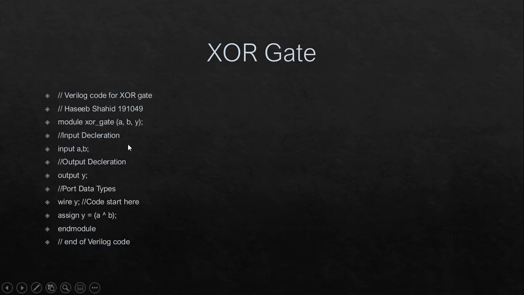Next we will be going towards the XOR gate, and the XOR gate is a very important gate, and it has vast applications in various types of coding designs. So in the XOR gate, as is clear from the truth table we discussed in our previous lab, the XOR gate gives us high when there is a difference in inputs. When there are identical inputs, i.e. 1 1 or 0 0, we will get 0 at the output. So we will further see how the XOR gate works in Verilog.